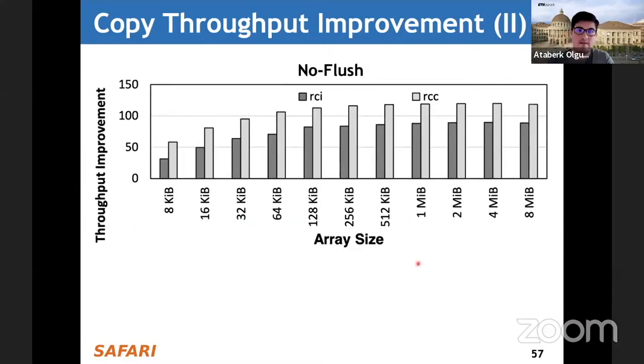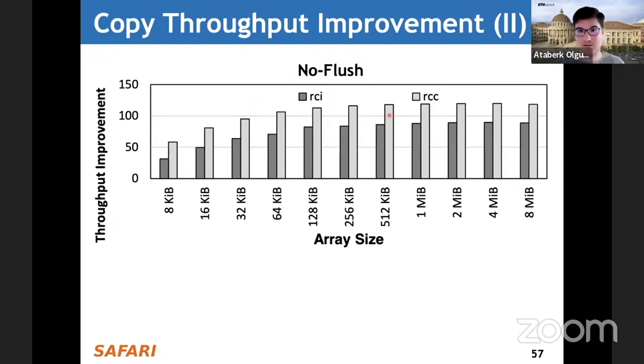And then we have the same results for the no flush configuration for both row clone copy operations and initialization operations. Again, the baseline here is the CPU copy and initialization operations for the 2 bars. RCC is where we do the row clone copy operations, and RCI is where we do the bulk data initialization operations.